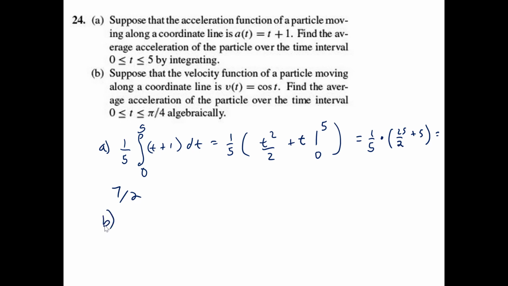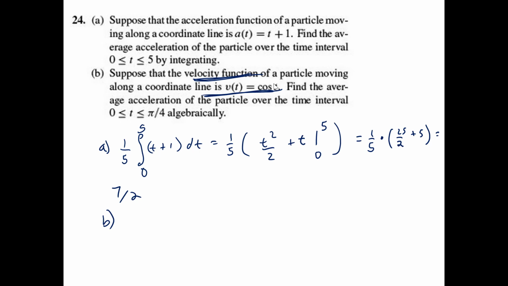Okay, now let's look at B. Now suppose that the velocity function of a particle moving along a coordinate line is v of t equals cosine of t. Find the average acceleration of the particle over the time interval from 0 to pi over 4 algebraically. Okay, so again, you need to be careful. You were given a function, but it was not the acceleration function. Right, and so if you look at what the definition of the average value of a function is